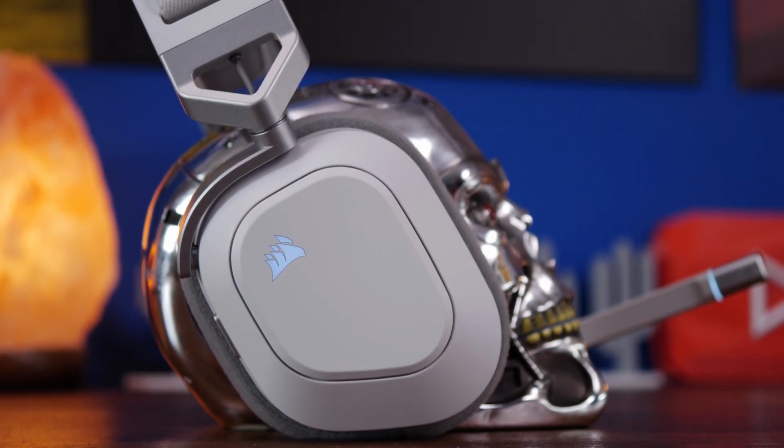Now I'm going to go into some sound tests. And here I am with the Corsair HS80 in wired mode on the head. You can see what it looks like there. And this is the capture quality of the microphone in that mode as well, which is really, really good. You'll note that the indicator on the end is white when it's in use. And if you flip it up,